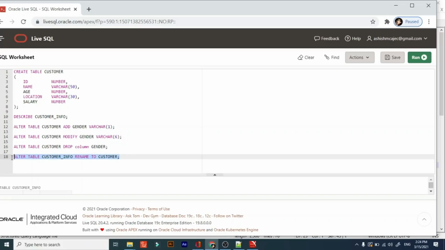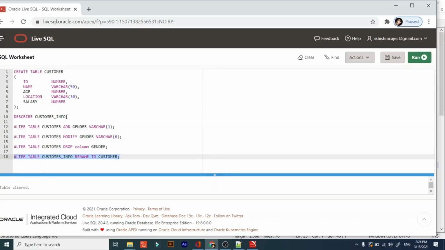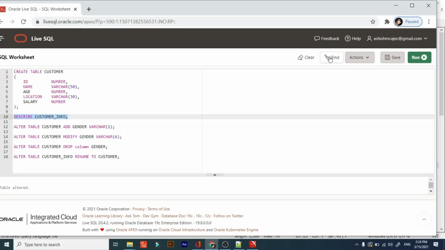Okay, again we rename it from customer info back to customer, our original table. Again we are describing customer info and it is not there because we have renamed it to customer. We have reverted. Now we are describing the customer table.